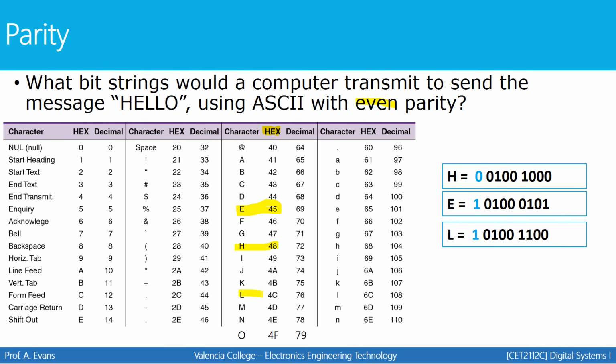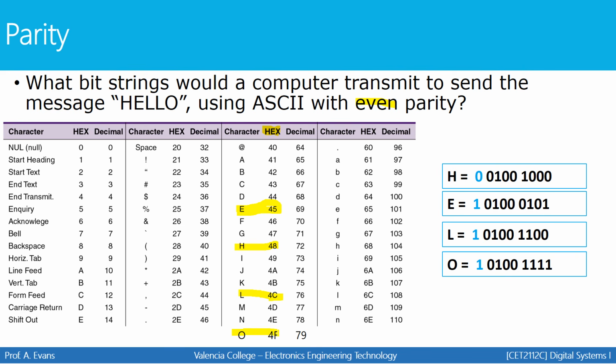Here's the letter L. Its code is 4C in hex. So we're going to write that out in binary. C is 12. 12 is 1100. That's where that comes from. Count the number of bits. 1, 2, 3. So L has to have a fourth parity bit of 1 to make it an even number of bits. And then O, which is at the bottom,